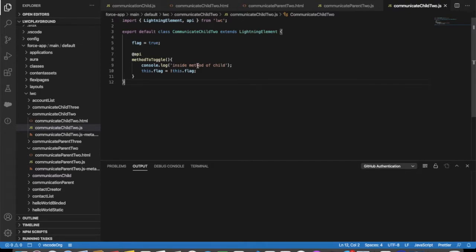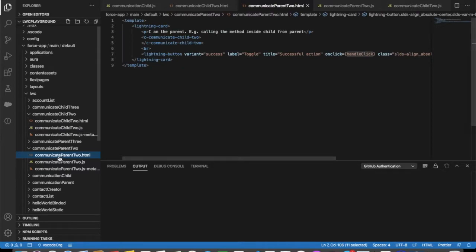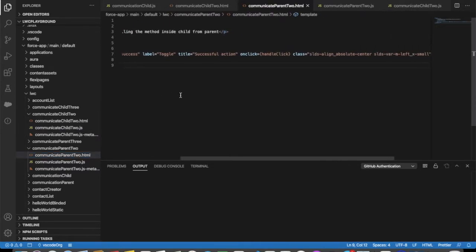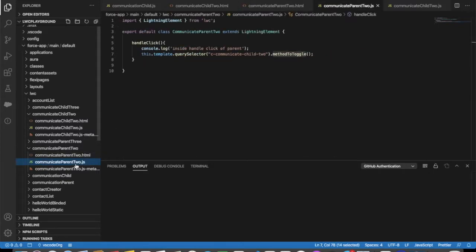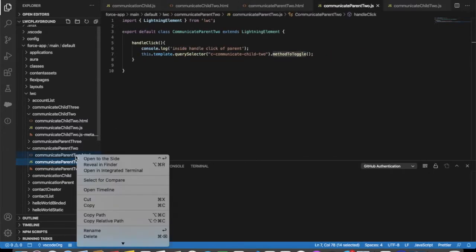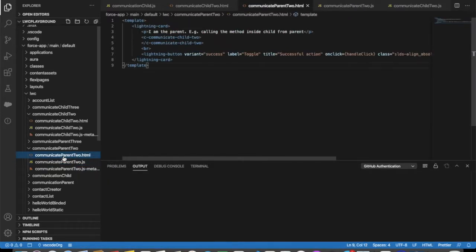Hence whenever you hit that toggle button, the parent calls this method and it alters the content. That's how we can call the API method of the child component from the parent component. This is the second type of parent to child communication.